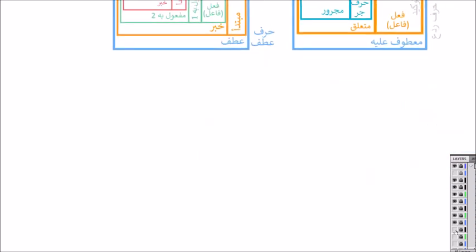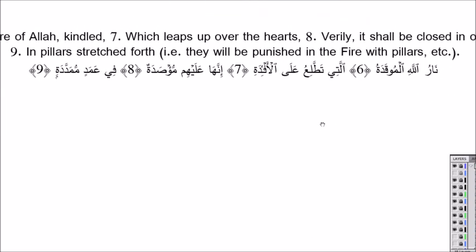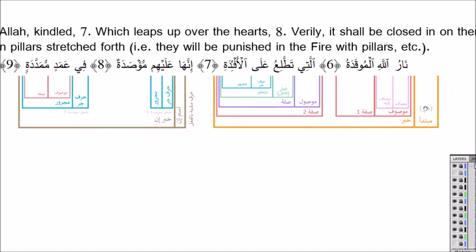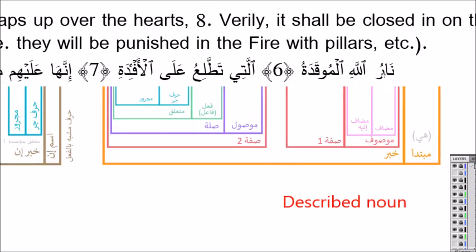Okay, now taking a look at the last 4 verses altogether. First of all, beginning with the places. Okay, verses 6 and 7, we have a jumla ismiya, nominal sentence. Mubtada is omitted, this describing the previous word. And then we have the khabar, consists of a phrase which is being described by 2 adjectives, 1 word, and then the second sentence. The adjective here consists of a possessive phrase, mudaf mudaf ilayhi, and then the first adjective,